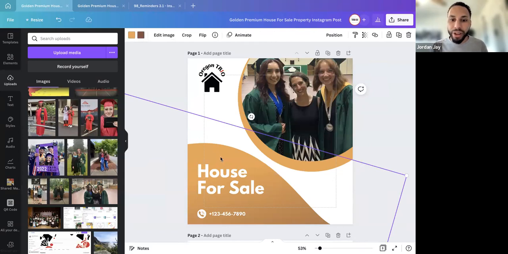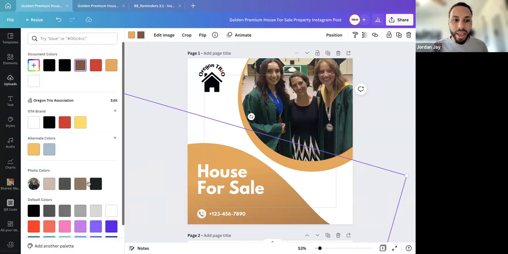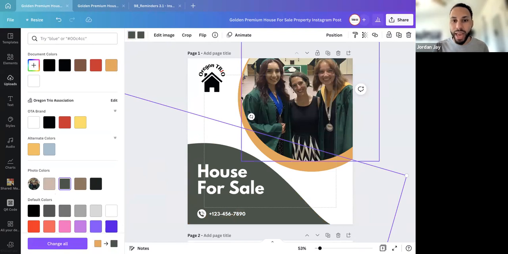And this is where I want to show the colors. So you can go here to photo colors and it will actually pull the colors that it sees in the photo that you have there. So if I want to make this brownish color and I want to change it to match, I can just do that and make it more unified that way.